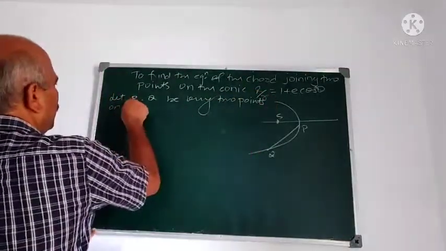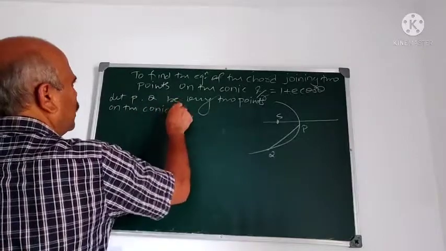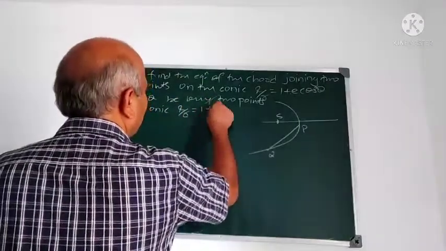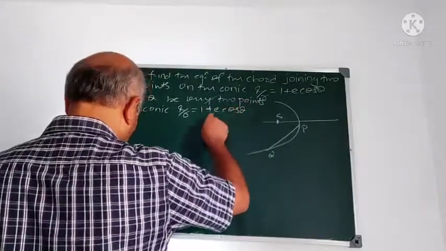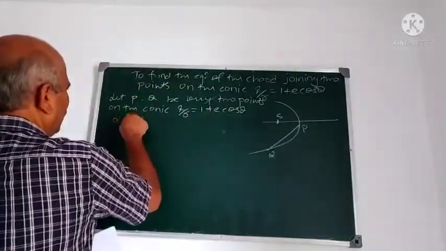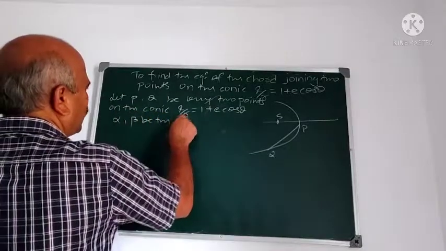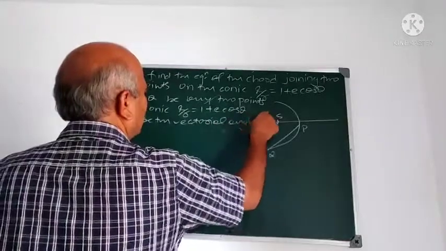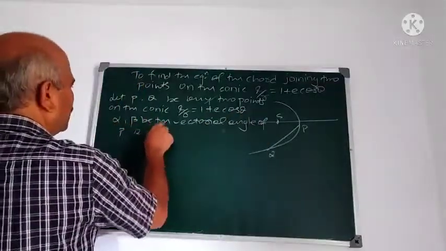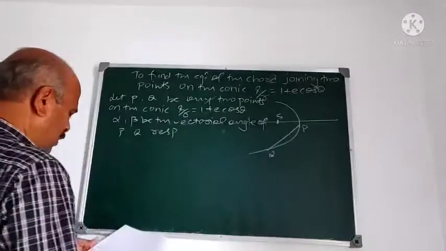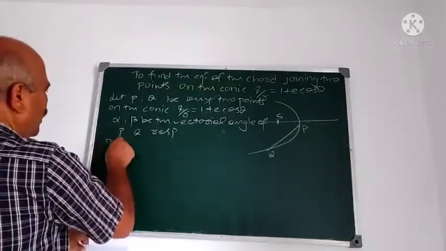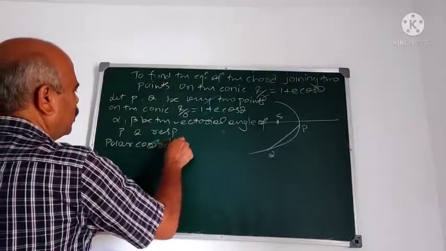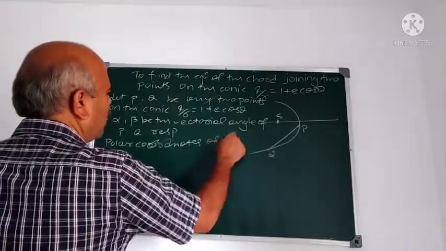On the conic, L by R is 1 plus e cos theta. Let alpha and beta be the vectorial angles of P and Q respectively. Then the polar coordinates of P and Q are...